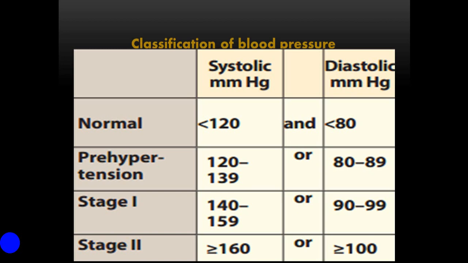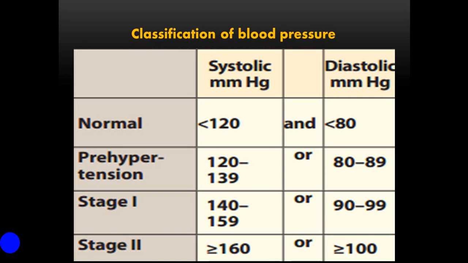So, how do we classify blood pressure? When we consider a patient or a person who has a blood pressure, blood pressure is classified as the following: systolic, diastolic. We consider a person or a patient to have normal blood pressure when the systolic is less than 120 and the diastolic less than 80. We consider the patient pre-hypertensive when the systolic is between 120 to 139 or when the diastolic is between 80